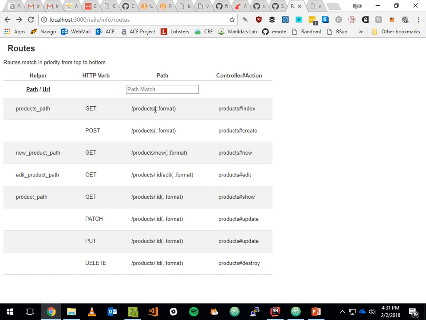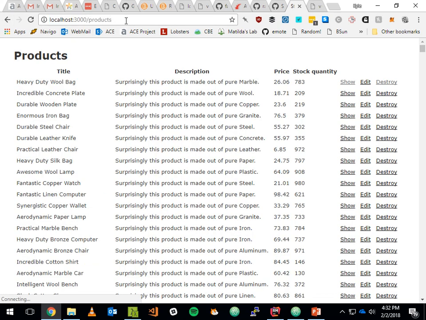the parentheses denote optional. So there's an optional format that's being specified here. If it's left out, we get the HTML representation. If we provide it, it's going to go to the same controller action but load up a different view. And so we can do that now. We can go to products.json,